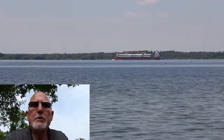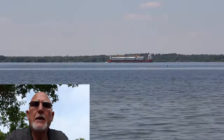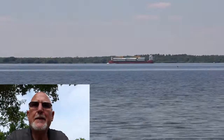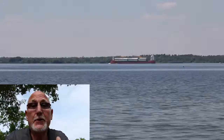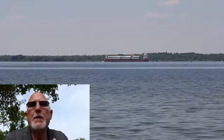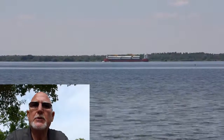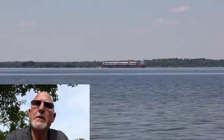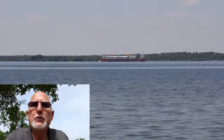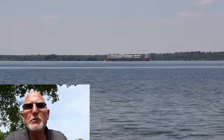I didn't want to take a chance putting the slider out at a camp location because I could see that it was damaged a little bit, scratched up. It didn't look like the slider was damaged, but I couldn't tell for sure. I didn't want to get stuck with the slider out, not being able to bring it back in, and not have a place to stay if we had to take the RV in to get repaired. So we went up to Louisville, and once we got all situated,